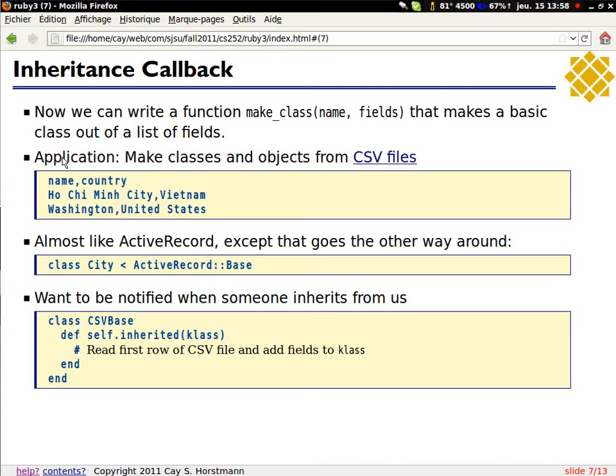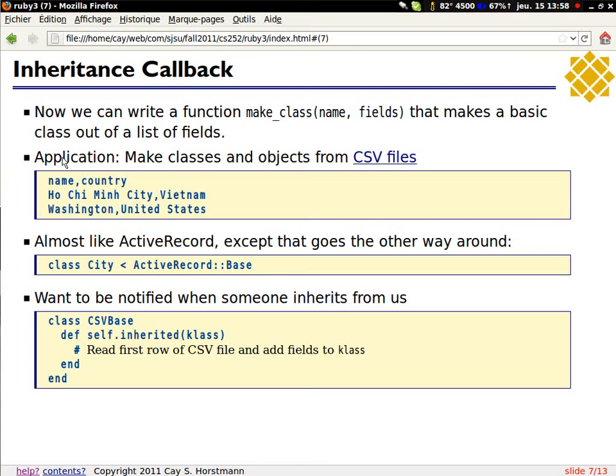Now we're going to put this to use in a simple situation. Let's say I have a comma-separated value file, kind of like a database file, but I'm just using plain ASCII so that we don't have all of the database stuff in there. The first row is a comma-separated list of column names, name and country. And then all the other rows are data entries, data elements.